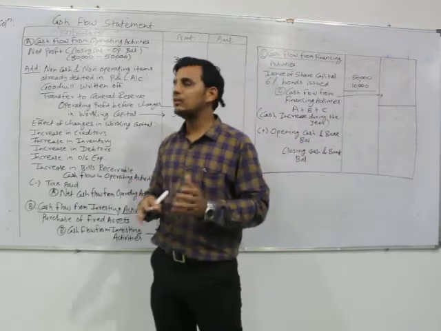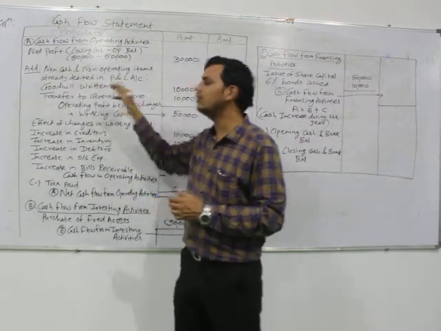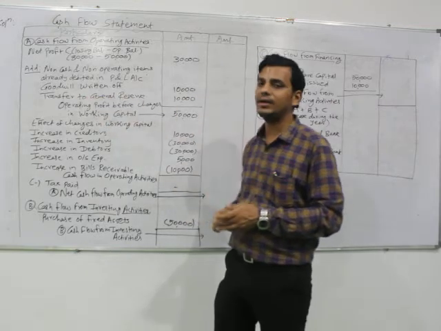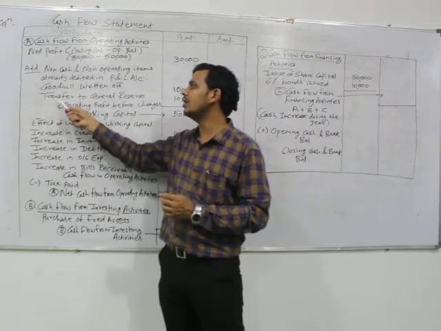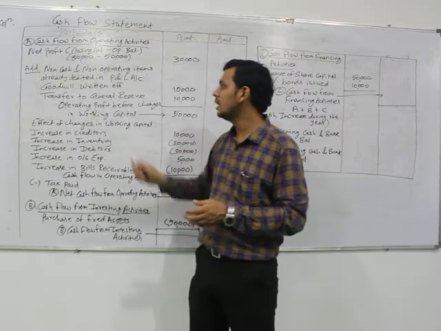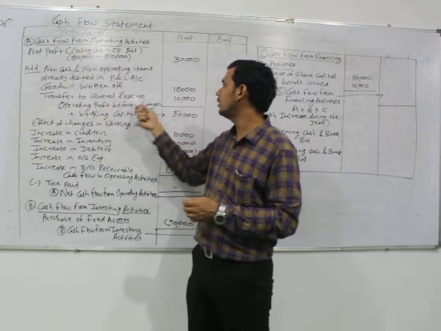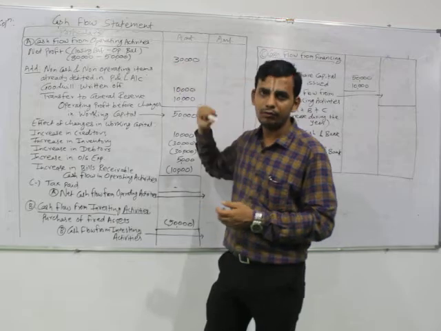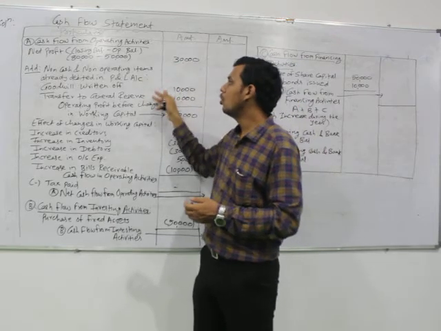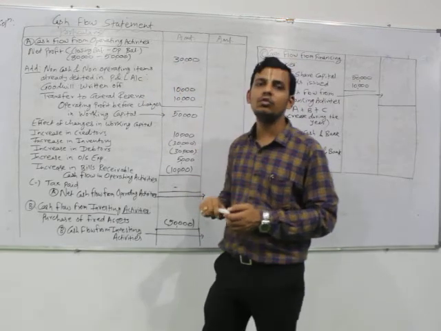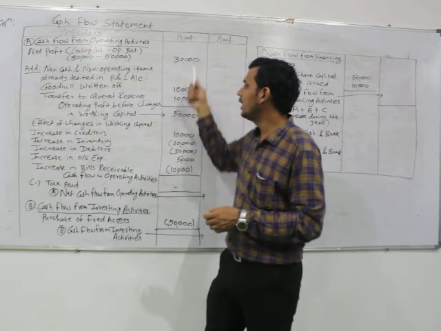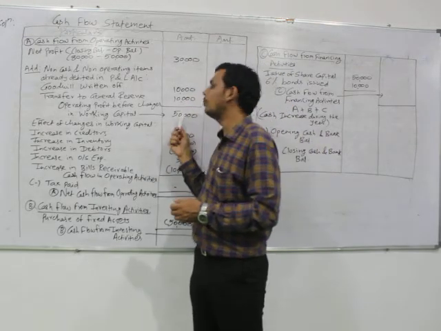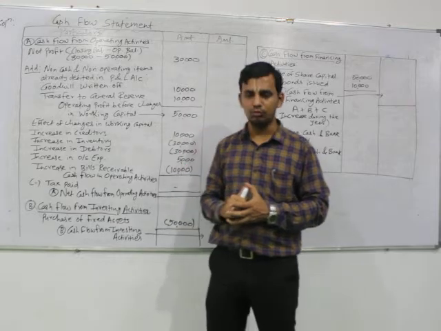From the balance sheet we can see that goodwill has decreased by 10,000 as it has been written off. So we have added back goodwill written off of 10,000. Similarly, general reserve has increased by 10,000 in the balance sheet as we have transferred to it. Hence we have added 10,000 against it. Therefore, net profit of 30,000 plus the 2 non-cash and non-operating items which were debited were added back. Hence, our operating profit before changes in working capital amounted to rupees 50,000.